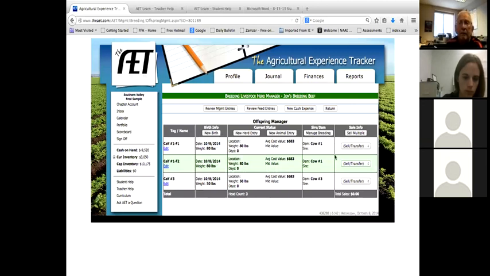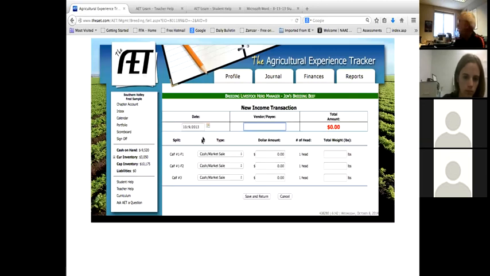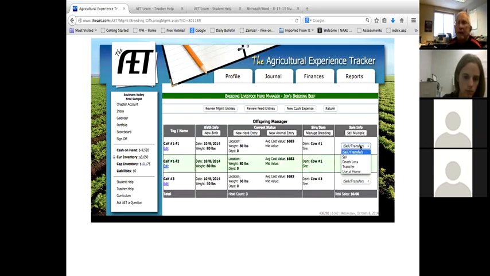Here's what I'm going to do with them. I have some options here. If I'm selling them all, I can sell multiple. I put the sale price in, how much they weighed. I usually have them use averages unless they know specifically that some were different than others. I canceled that. If I only want to sell one, maybe these twins, I want to sell one to